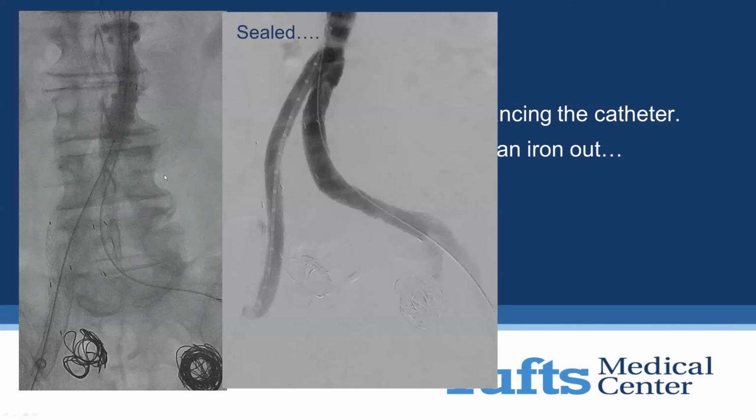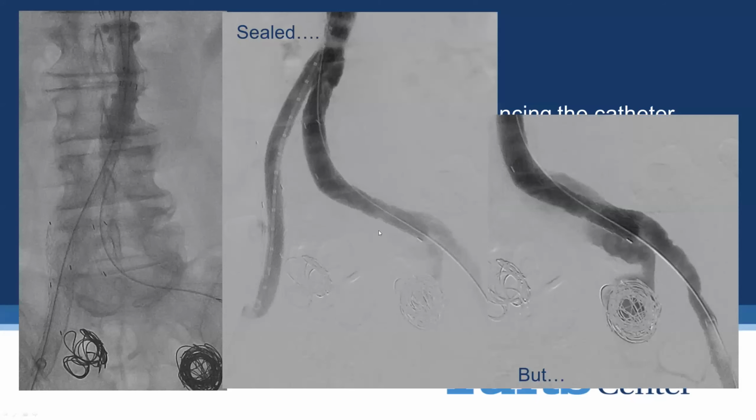And then we didn't have too much trouble, and we laid in a new limb inside this, so it's a limb in a limb, which is in a limb which has a Viabahn extending it. And we said, hey, that's also great. And we let it run a little bit, and we realized that while we had ballooned it, we had changed the alignment of the graft, and we had now pulled the limb that used to be down here up. So now we had an iatrogenic 1B on the left.